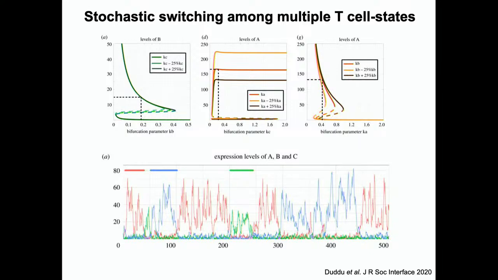Okay. Then you could do stochastic simulations. You could take the differential equations, add a little bit of noise to it, and what you see is that yes, in time you see cells switching back and forth. So here is a region in which, green is A, this is B, this is C. So in this region, green is high, red and blue are low, so cells are in state C. Here cells are in state B, here cells are in state A. So you could actually see that these cells could switch back and forth given sufficient amount of noise which is present in the system.